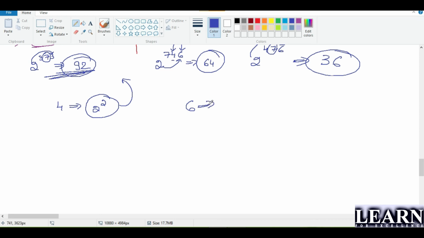Clear? So if I'm talking about 6, 6 is nothing but the product of 2 into 3. So this is nothing but 2 to the power of one number and 3 to the power of the other number. It is nothing but taking 2 to the power of the bigger number and 3 to the power of this thing. So here we are going to use this 2 power concept, and here we are going to use the number ending with 3. Is it clear? I'll take one simple example, guys.